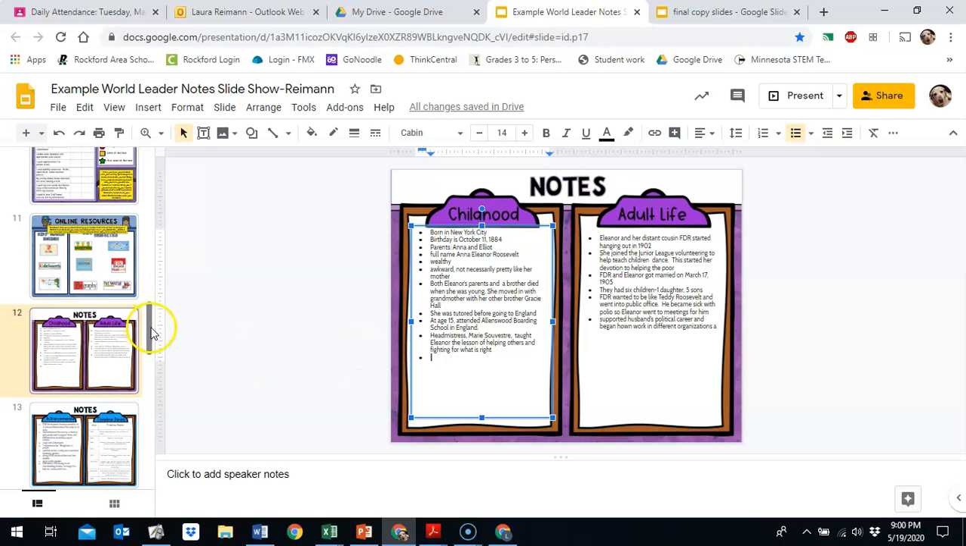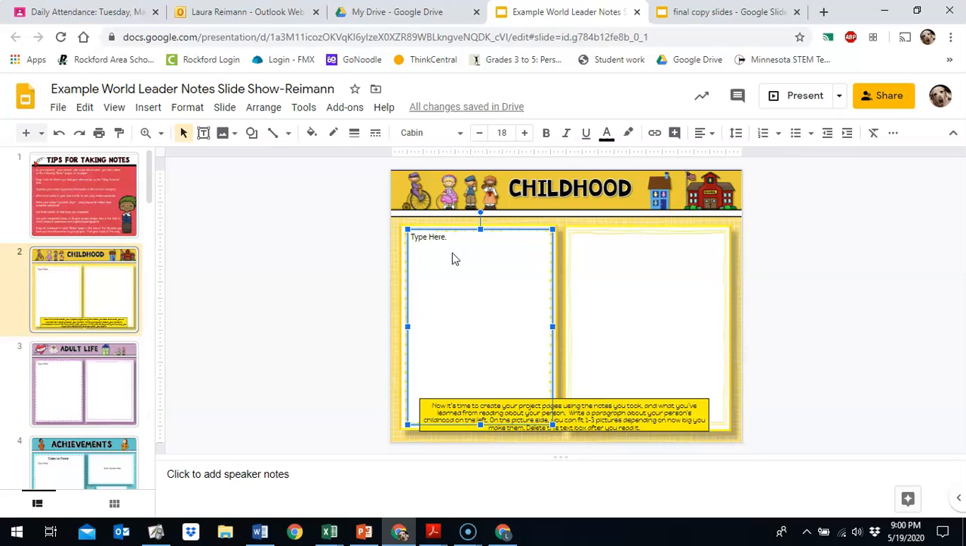So the first sentence has to be about her being born. I need a subject, a who or what the sentence is about, and it is about Eleanor Roosevelt. I need a verb, and I need a predicate, the rest of my sentence. So the very first thing about my world leader is that she was born. So I'm going to hit the tab button to indent